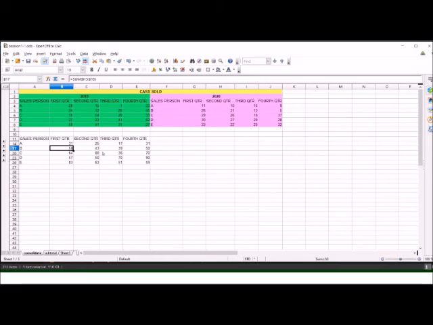Now we can see that if we make any change in this source data anywhere, suppose salesperson A in third quarter sold only 1 car. Suppose it was a data entry error and we want to change it to say 11. Earlier, when it was 1, the sales of salesperson A in third quarter were 17, that is 1 plus 16.